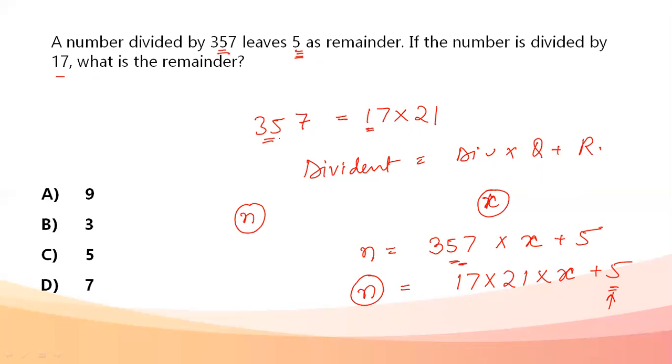Okay, so it's like playing with the numbers. They gave 357 as a multiplication of 17. Again, they multiplied a number and wrote it in the same format, and just to confuse, they asked you the remainder again. So my answer again would be 5 only. My answer would be option